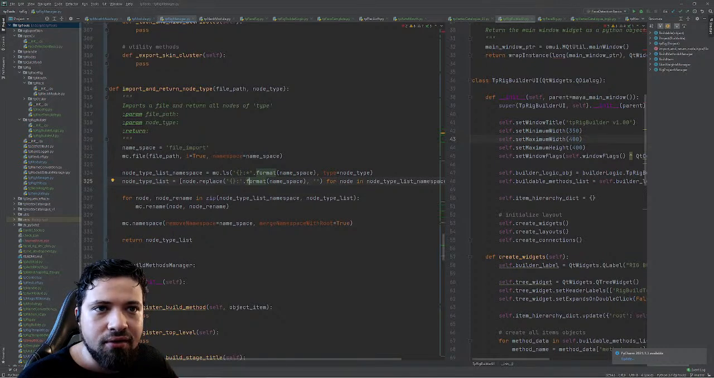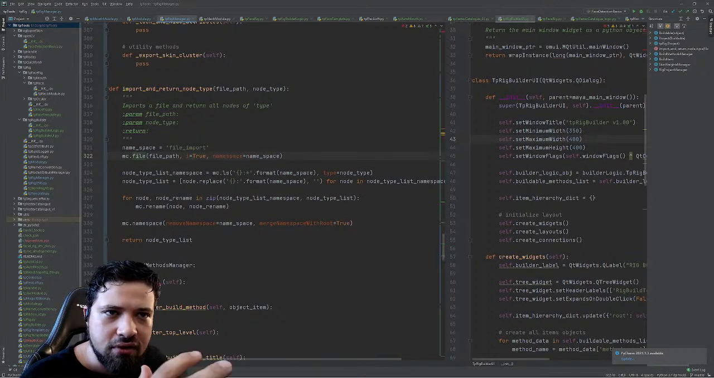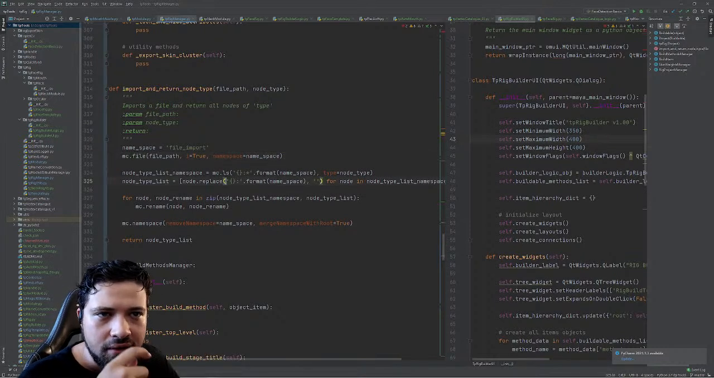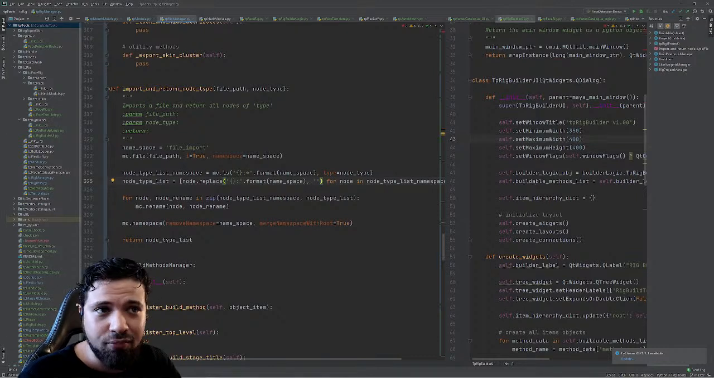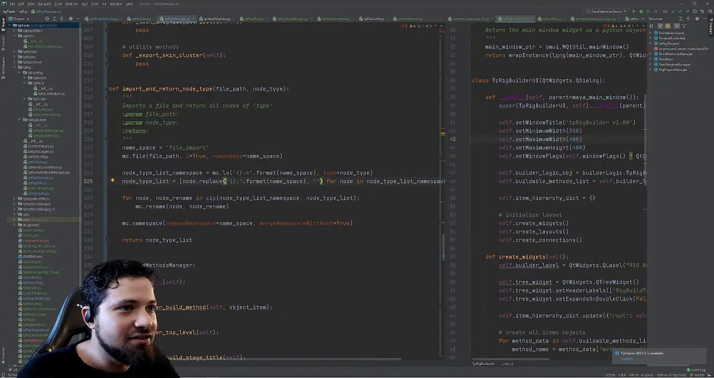That's because the file method here does not return what is being imported. It just returns the file itself. So this is the way that I found to be able to know what is in the file after it is imported. This is the solution that I found, and although it's working, I was doing another